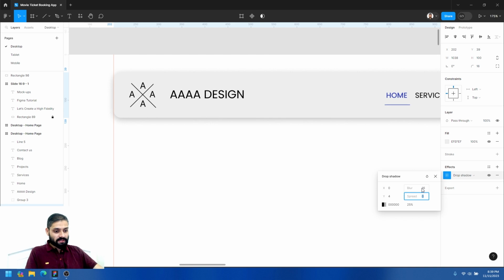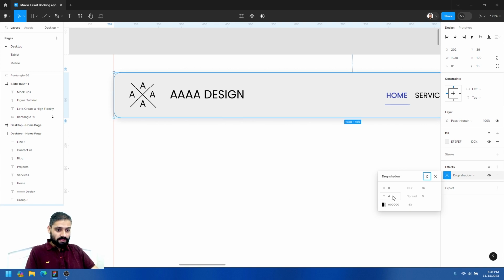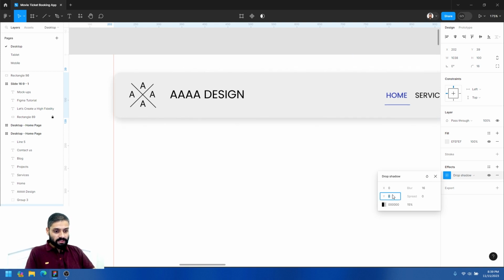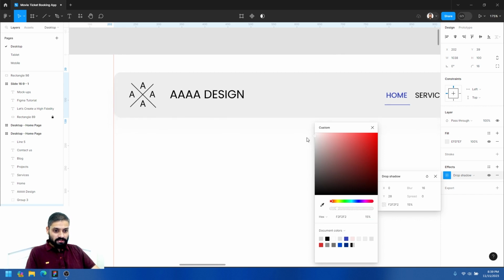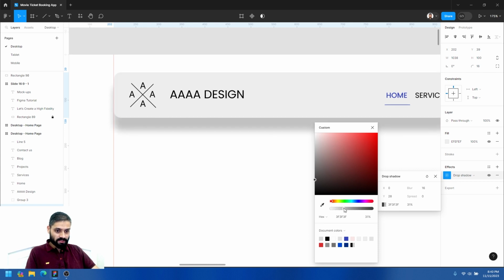We'll go with 16. Let's see how it looks. Okay, and I want to reduce the opacity a little more. Yeah, and let me give a y-axis, meaning I'm keeping it a little bit down. Okay, and I don't want to give that black. Can I change it? But at least I need to give the black, darker, otherwise it won't be visible. I don't want to give that much, but I need to give